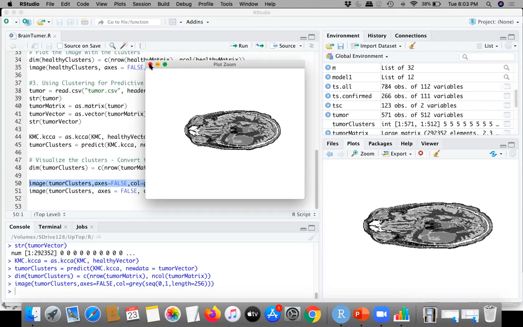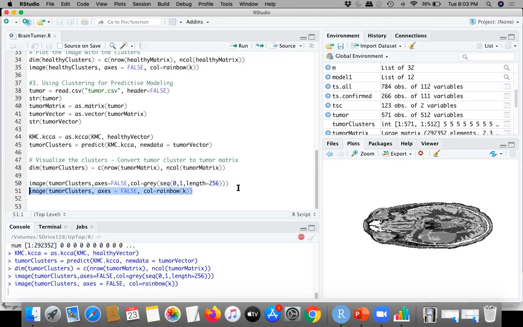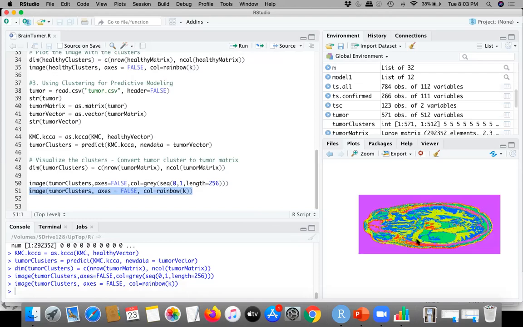So let's draw a colorful image. It will give a better visualization of the tumor. Again, let's take the image function with the tumor cluster and color as rainbow, and pass the cluster intensity. Let's execute it. Again, it will take some time to render. On the right-hand side, we will see the color image with the tumor.